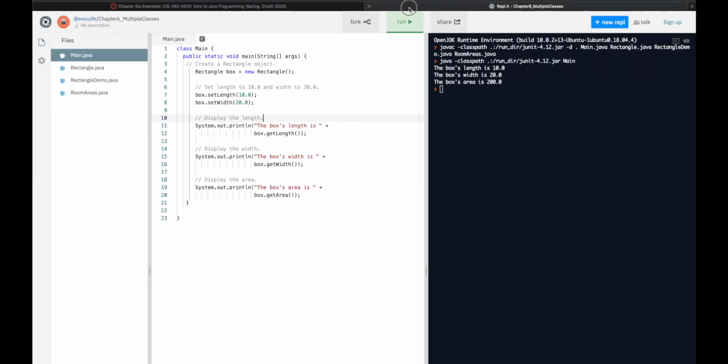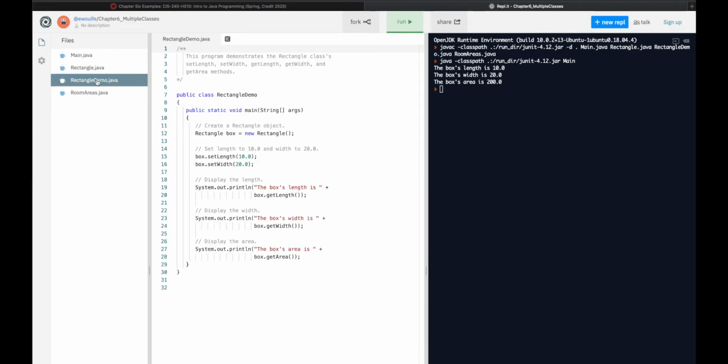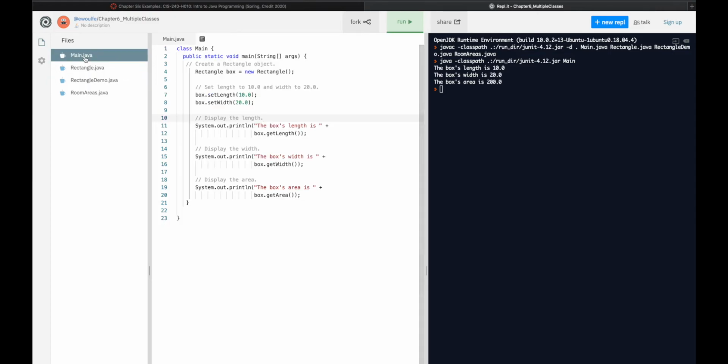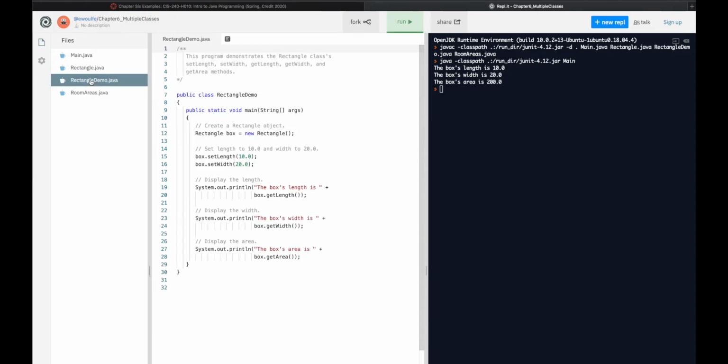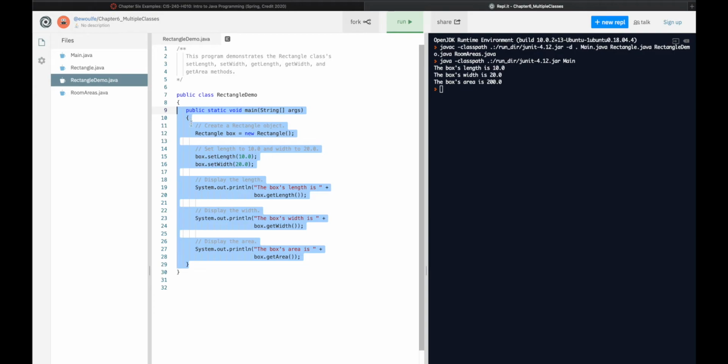So in this example, before you go ahead and click through and watch the real video on using class with multiple programs, just come through here and check the difference between these different programs. Rectangle demo.java and main.java are nearly essentially the same thing. This is what I've been doing and kind of not been telling you since chapter 5 here. If I'm going to copy a portion of code from the text and change it, what I do is, from inside of the public class, let's say for this one it is rectangle demo, but these names have been different all this while,